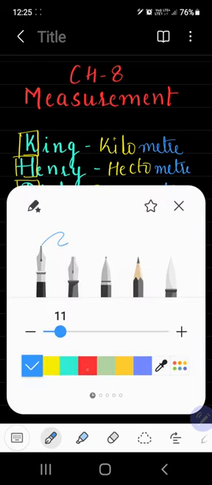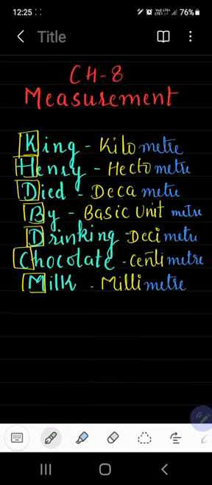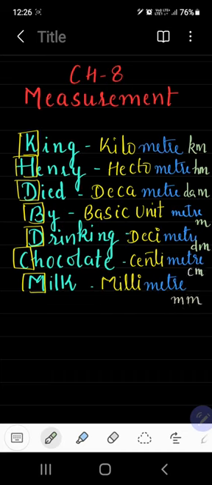Now we will learn the short forms of these prefixes and suffixes. So kilometer means km, hectometer means hm, decameter means dam, basic unit meter, you know its short form is m, decimeter is dm, centimeter is cm and millimeter is mm. So this is the trick which you need to learn. Along with this trick, you also need to learn one more thing, and that is